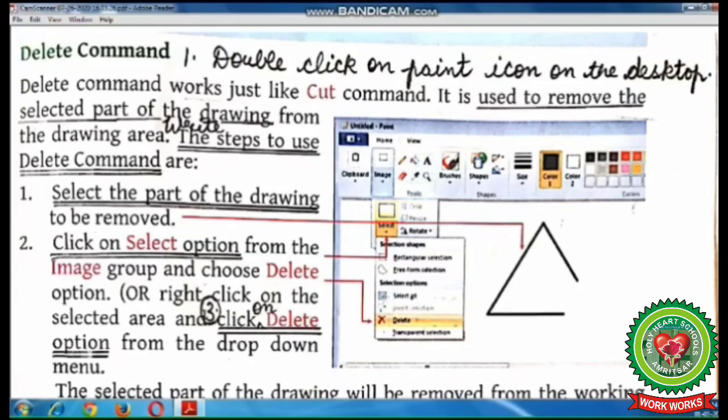Number 2, select the part of the drawing. Number 3, click on select option. And number 4, click on delete option.